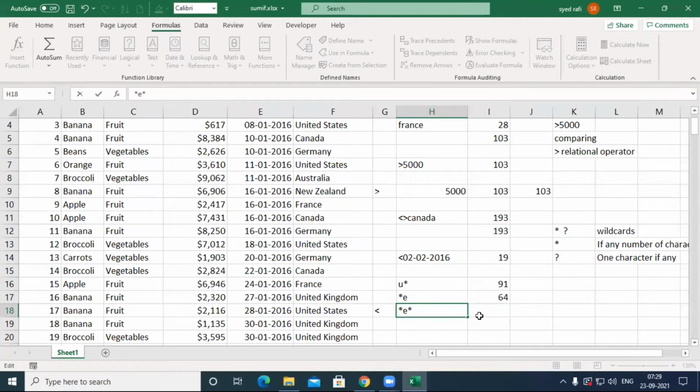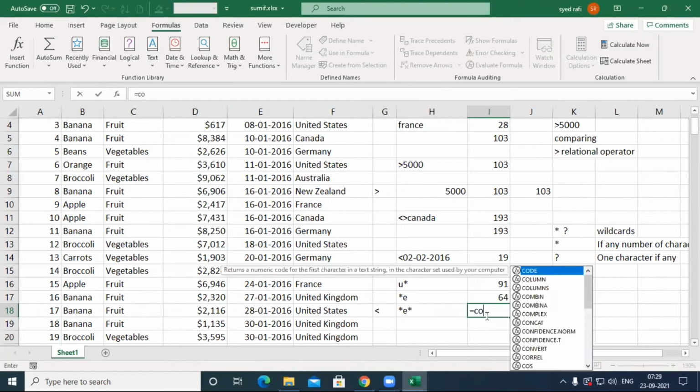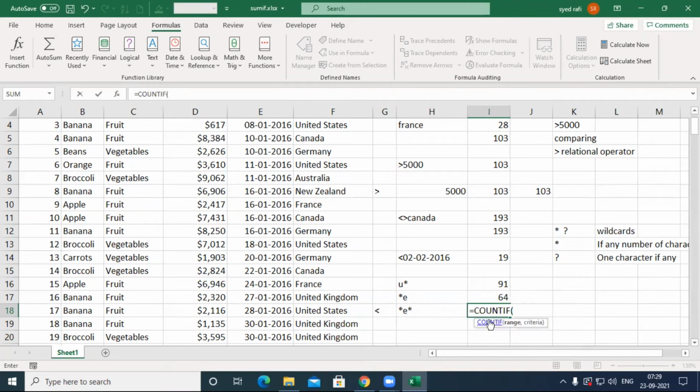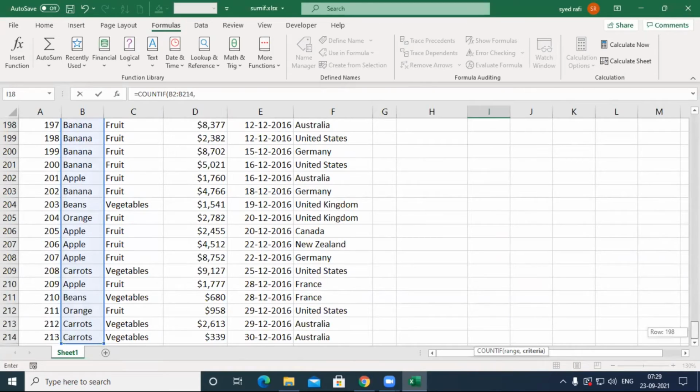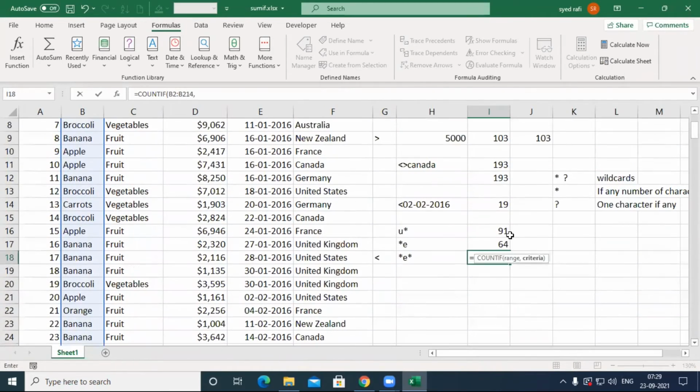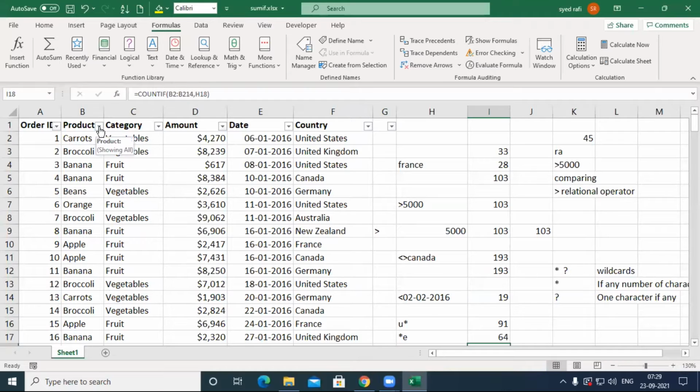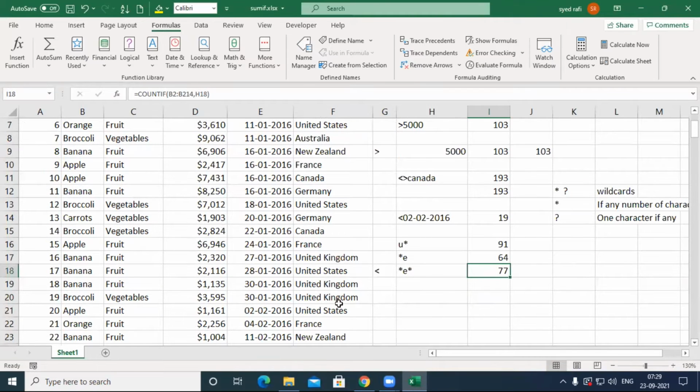Star E star means the product name contains E. The letter can be anywhere, but the product contains E. Let's check. Equal to COUNTIF, the criteria range, comma, the criteria, and press enter. 77. The same we may apply here. It returns 77.